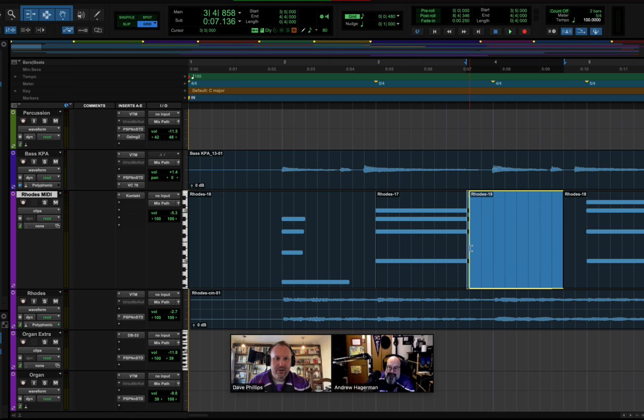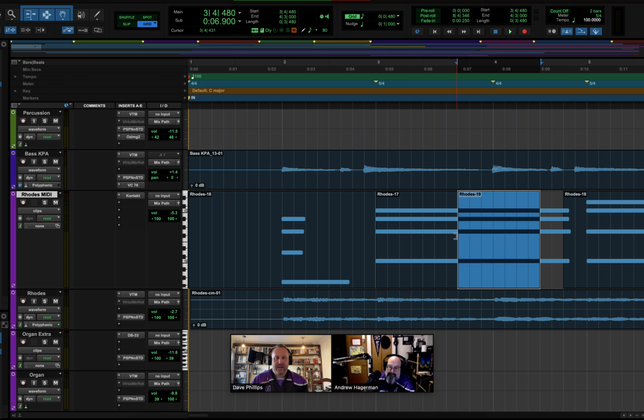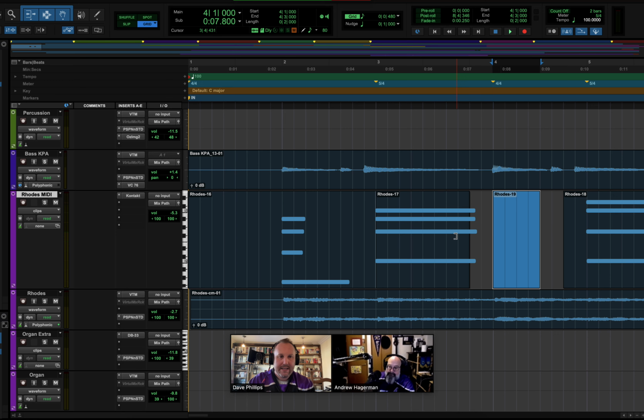Because in exactly the same way as audio clips, these clips here are just containers for the MIDI data, and you can trim the left and right. You can trim the MIDI data in the same way that you can do with audio, but it still exists there. Right, so that is one way of getting around it. It's just you might have to do it for a number of MIDI clips, or if you use the mirrored